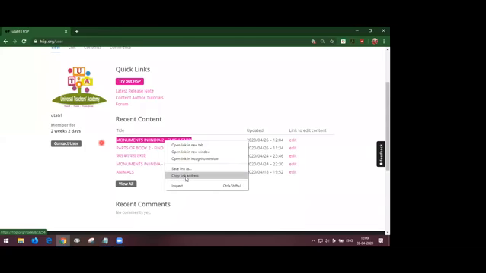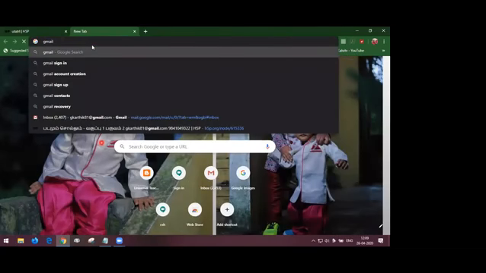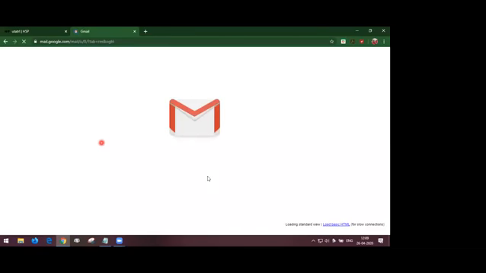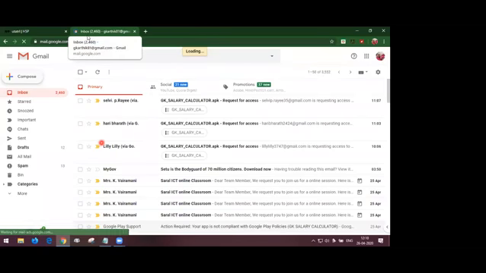Now I have copied my link address here, and I am opening my Gmail account. I'm going to compose. It's a little bit slower in my network connectivity.